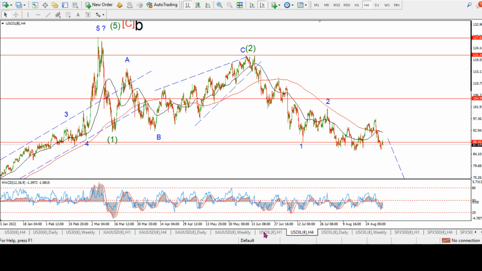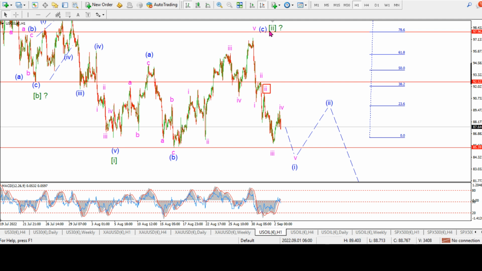to the downside as we continue. Okay, so let's get to the hourly count here. We have an expanded flat correction. We were watching, actually, probably the last time I was on with you, I was watching for a top in wave C of 2. And then this week we came down pretty sharply to suggest that we have a top now in place for wave C of 2. So that means we have wave 1 and 2, and we're looking at wave 1 and 2 again. So overall, it's a lot of 1-2s,